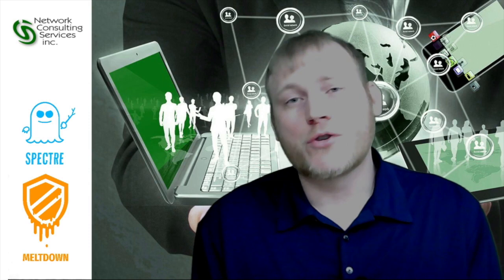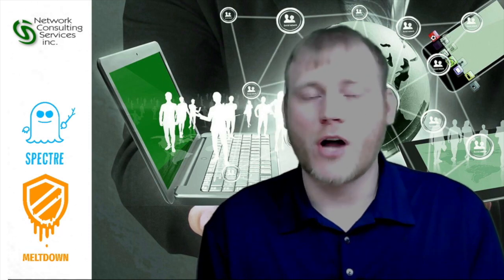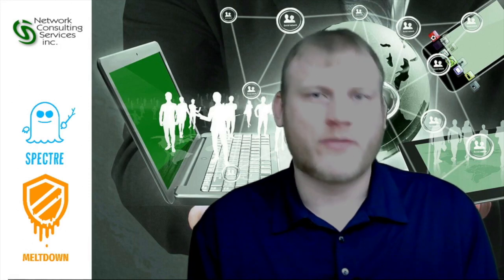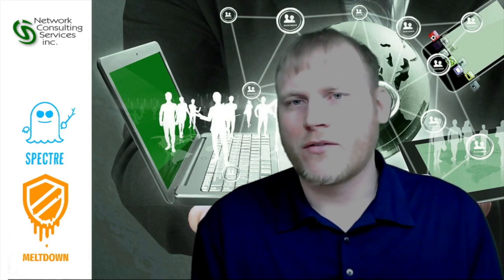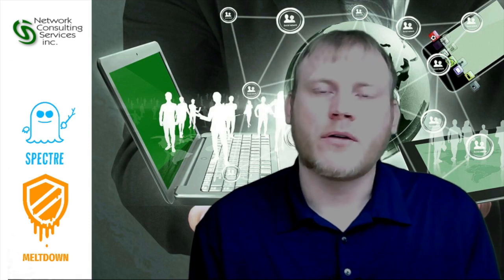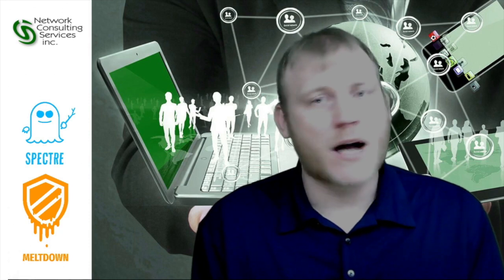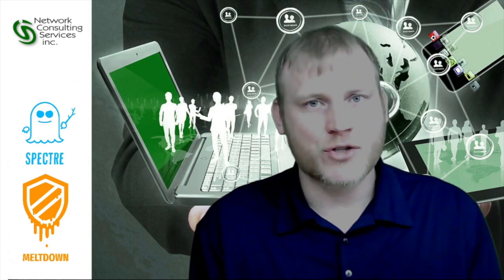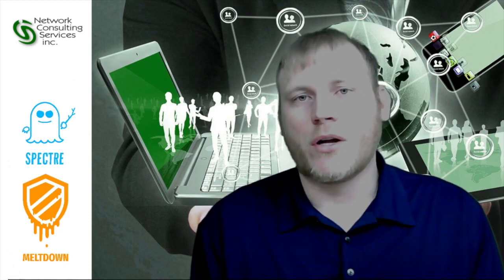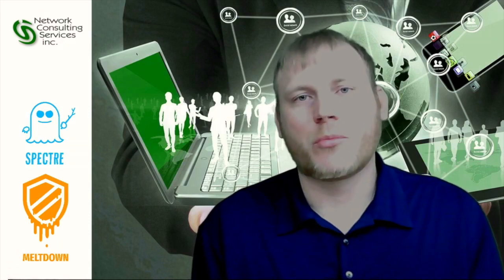Well, in the first week of January 2018, some researchers found some hardware flaws in Intel processors. Now, what's unique about them is this is not a software problem. There's a hardware problem that's deep inside the silicon. And so this is going to be a lot more wide-ranging. It affects lots of different operating systems, lots of different kinds of chips, and really affects everyone. And so we need to dig into what we need to do to resolve this particular problem.